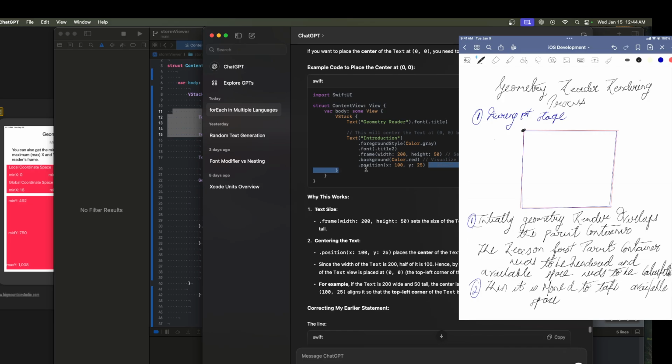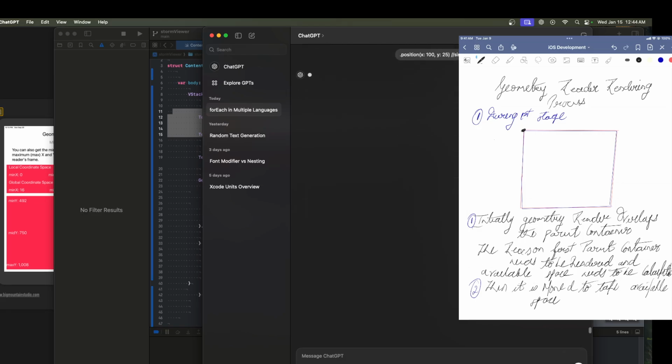Even this is not the origin. What is this? Because there is already a view present, right? 0, 0 is not it. And the view is kind of